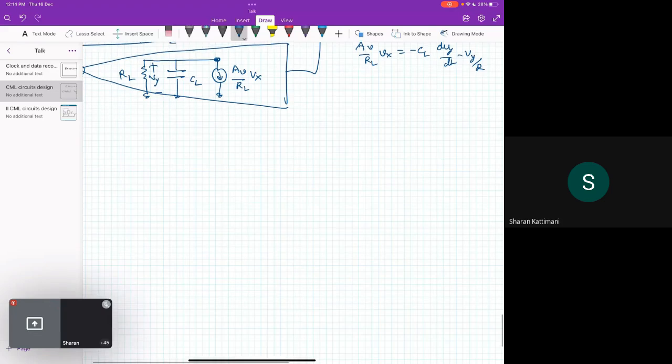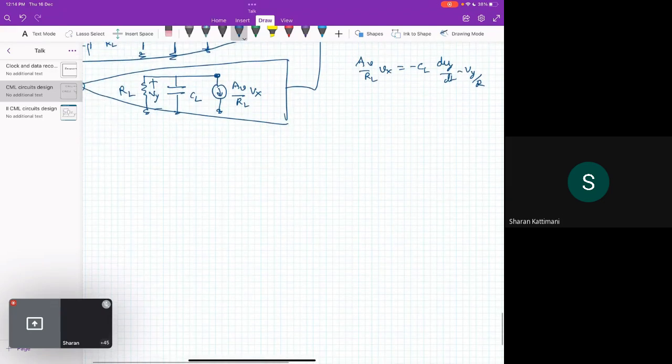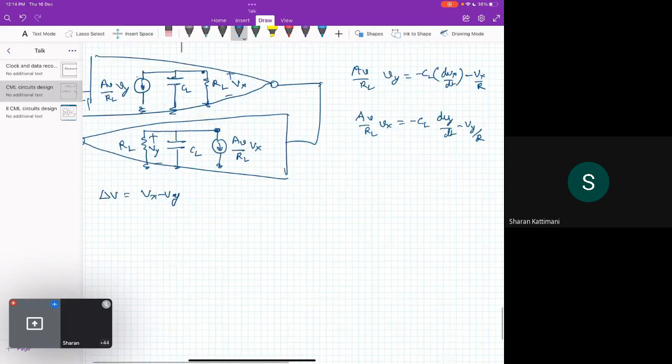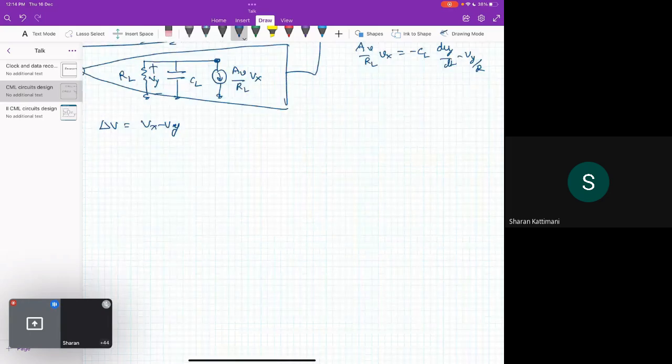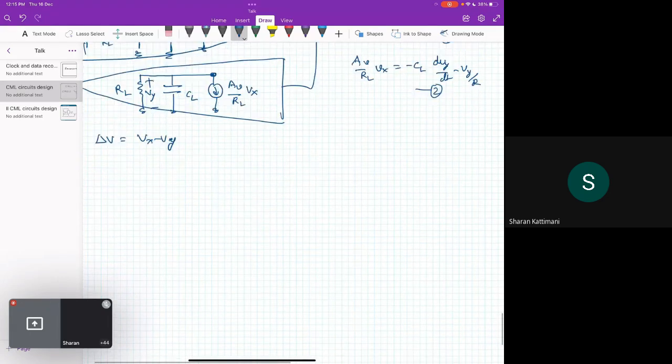Okay, and we can further solve this, and if we assume that delta V is Vx minus Vy. Okay, so we want to see, for what small change, what will be the minimum voltage after which the latch will activate. Okay, and that is delta V, so it is nothing but Vx minus Vy. Okay, and after solving this equation 1 and equation 2, actually we will get